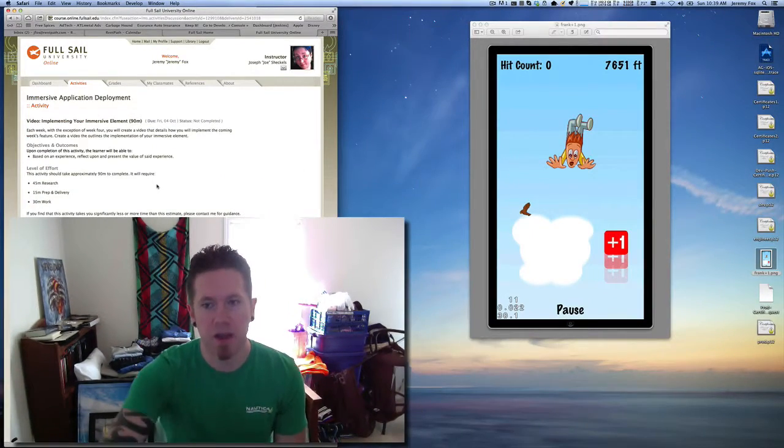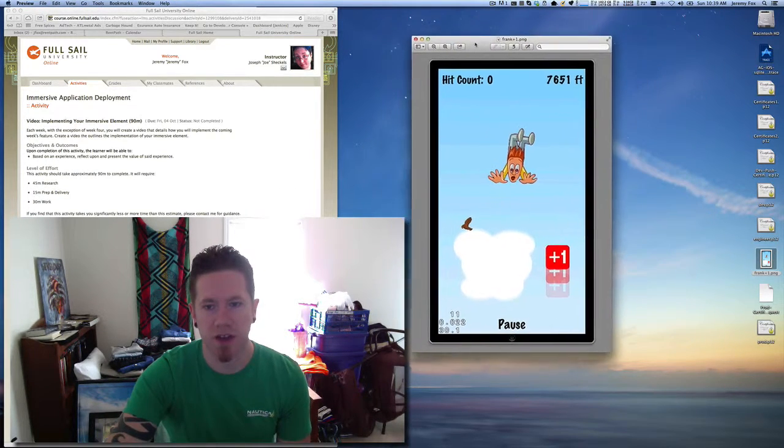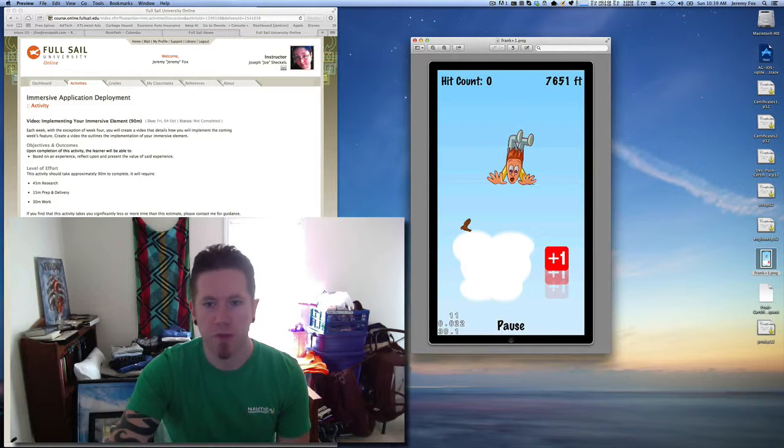Additional life, temporary slow motion, and temporary invincibility. And the way that it will work is, as you can see in the screenshot here, I'm moving around. Frank will be falling through the sky, dodging the birds, all of that, and then quickly you'll see these blocks